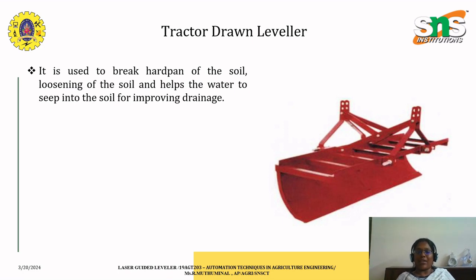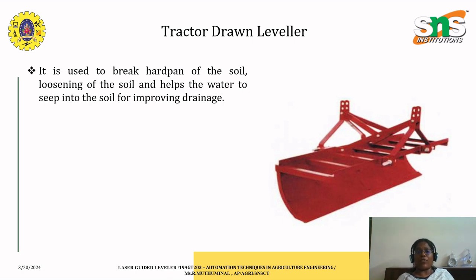and what is the main objective of tractor drawn leveler. Here I have to give you a clarified notification that at the previous session we said that it has been used for breaking the hard pan of the soil. That means each and every surface will have bigger crumbs or loosened soil according to the texture of the earth surface. So whenever there is going to be a harder pan, whenever the soil is in a very compacted ratio,